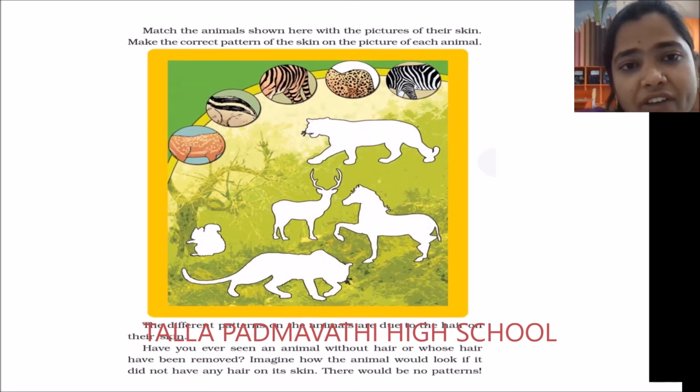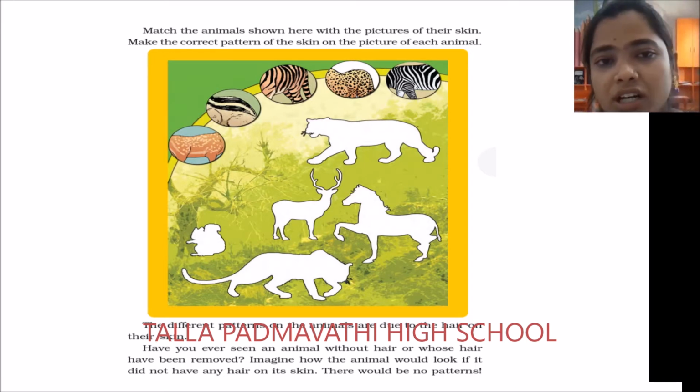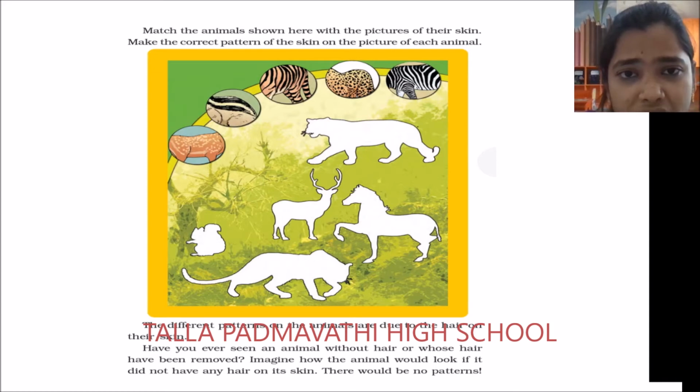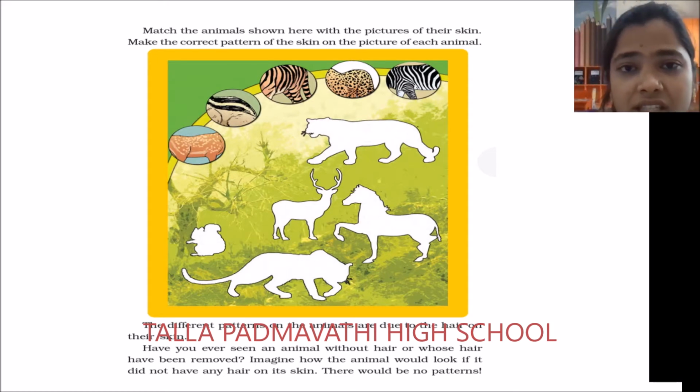Next you are having 2 black lines on the back of the skin. So which animal is going to have 2 lines on the skin? Obviously it is squirrel. Next picture, that is the third skin. So which skin is it? You can see black stripes and the body color is brown. So which animal? It will be a tiger. You can just match the tiger here. Next, the fourth skin is like small patches with a brown colored body, it is leopard.